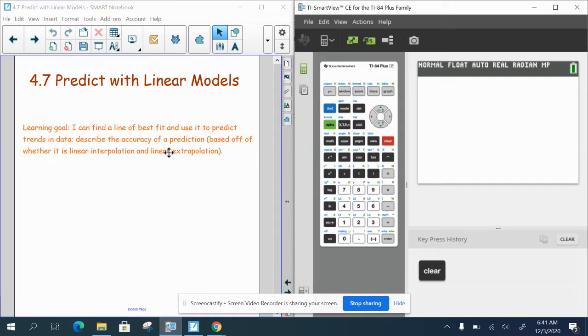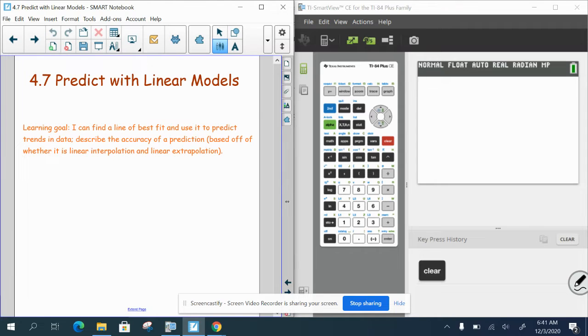Hi everyone, this is lesson 4.7. This is the last lesson of unit 4. Next week, on Monday and Tuesday, you're going to do reviews, and then on Wednesday you're going to take a test. So the purpose of this lesson is to take the lines of best fit you made